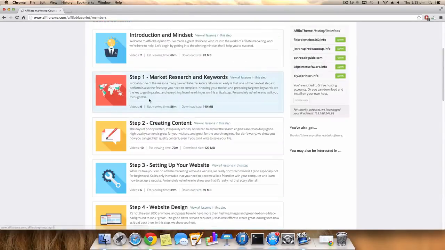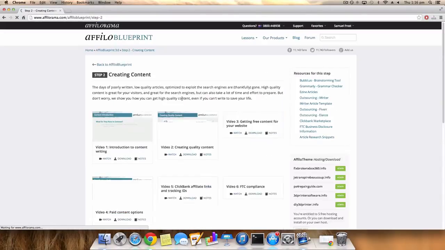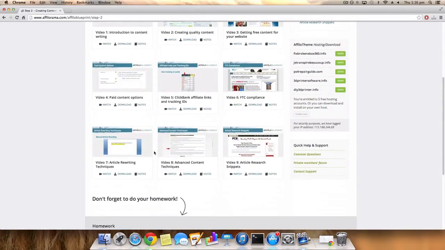So anyway, you can see there's the steps. You've got market research and keywords, creating content. This is a good one with 10 videos on how to get the content you need for your website. Obviously, building an affiliate site, you need articles, blog posts, that kind of thing. And the cool thing with the AffiloBlueprint course is that often you'll be taught a free way of doing things. So, if we open up creating content, you'll see that there's lessons on writing your own content. And there's also lessons on